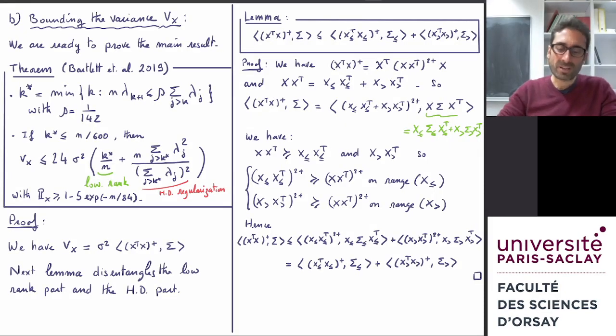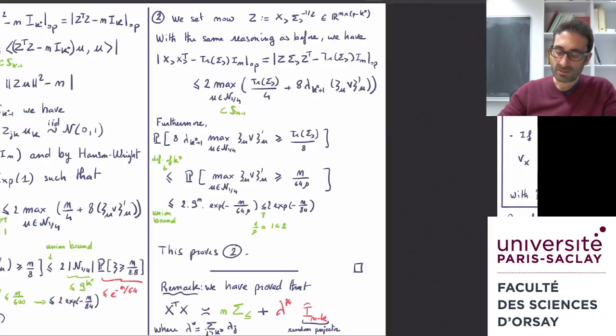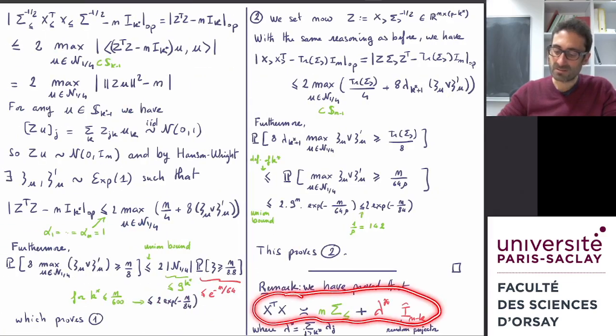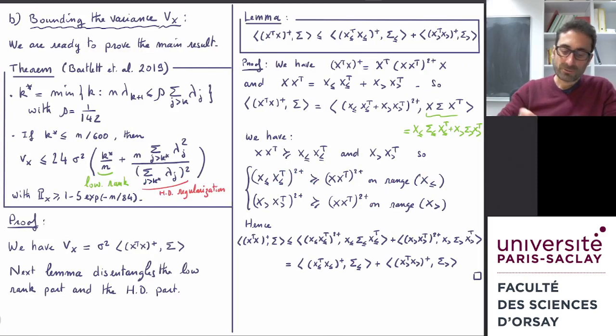So let us now turn to the main result of this series of lectures. This is a result of Bartlett et al. from 3 years ago, and it gives us an upper bound on the variance of the estimator based on the result that we have seen before. What it tells us is that if we define this k star, which corresponds to the low dimensional part of the signal, with this formula, and if k star is smaller than n times some small constant,